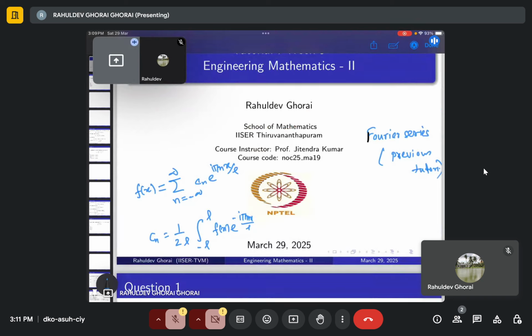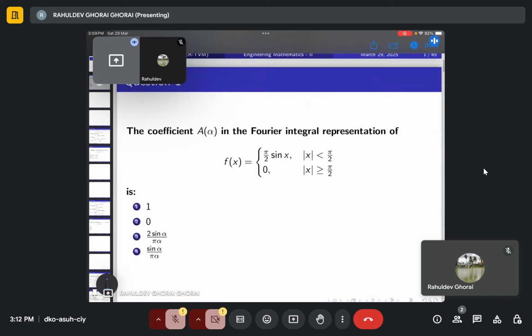And also one knows from here that the L2 norm of f is precisely given by 2L times the summation over n of Cn square. This is also very well known, the Parseval inequality, if I remember. So from here, before looking at the question, what I'm saying is, formally taking L tends to infinity, one can get